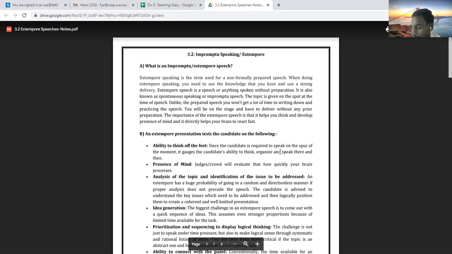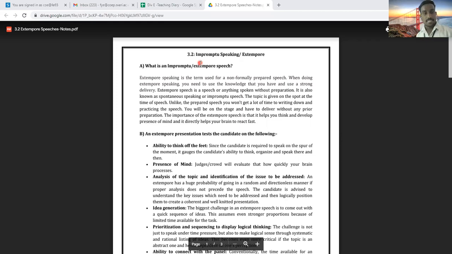If you have heard about speeches, generally how these speeches are conducted, usually you people are given titles or topics for preparation. You prepare for such speeches and then you deliver it. So that is the normal process. But in case of impromptu speaking or this extempore speech, you will not be given any prior intimation about the topic. Directly you will be given a topic. Maybe hardly 5 minutes only you'll be given to think about it and then you have to speak on the spot.